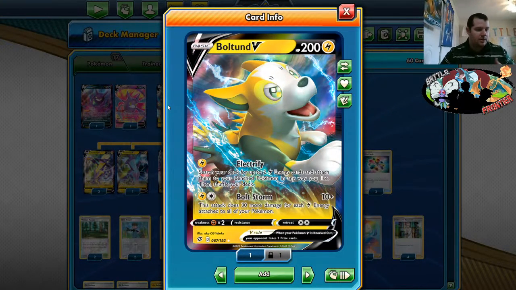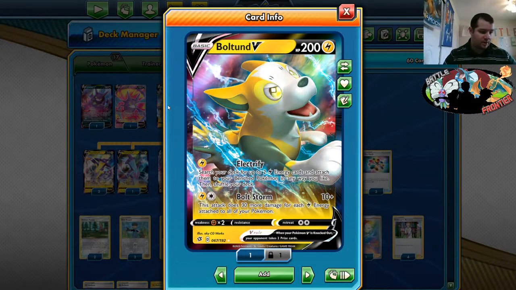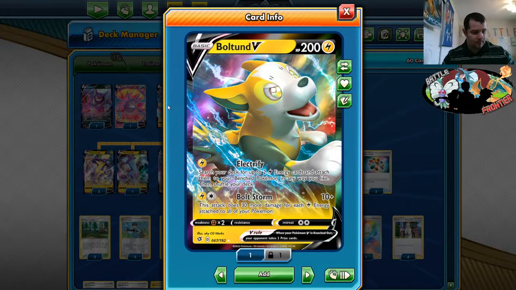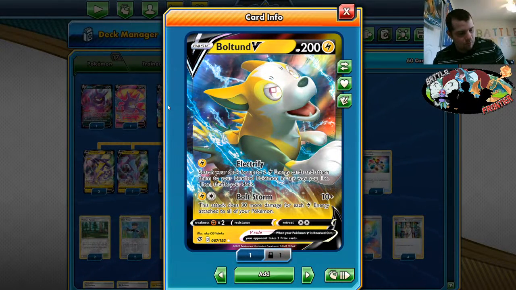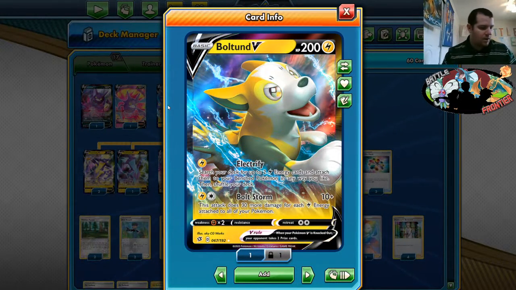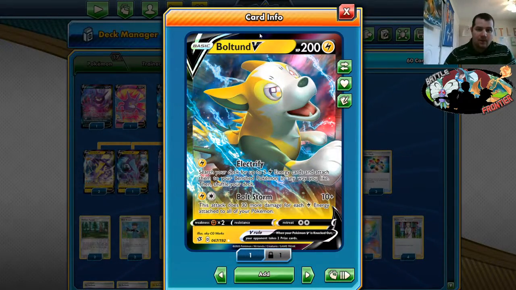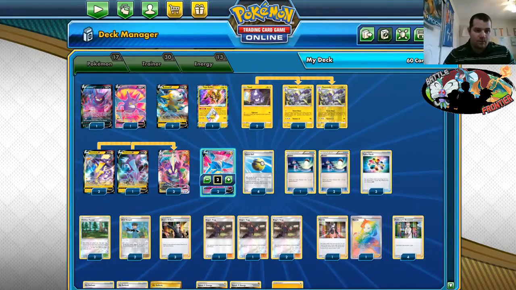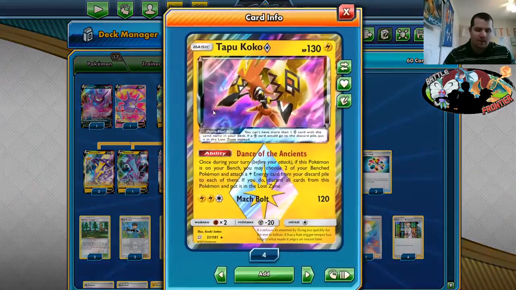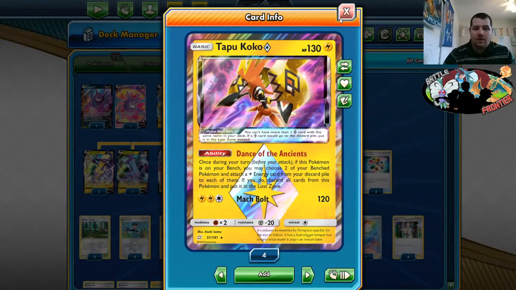So you're just constantly ramping up and collecting more energies for everybody else that's on your team. So he's obviously the best thing to start your deck off with, and then if you can, get all the other teammates out there. So he'll just start doing that. We have Tapu Koko Prism Star for the Dance of the Ancients,